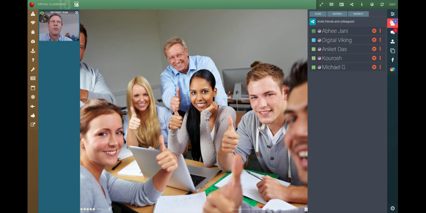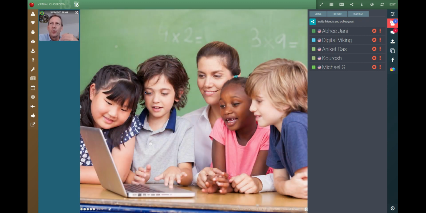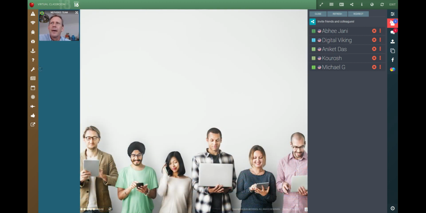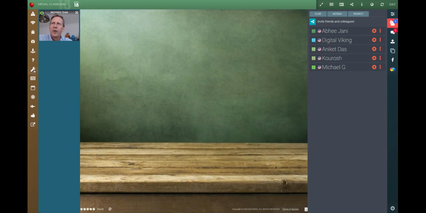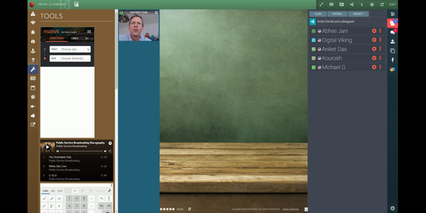Each room is 100% customizable. So we can change colors, we can change the content, we can modify the icons that you see on the left sidebar. And we can pretty much integrate into those icons anything which is in a digital format.